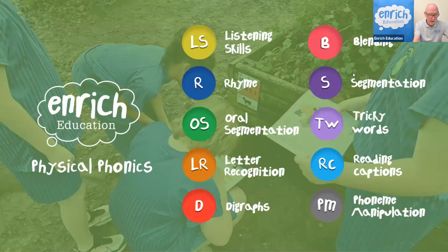So the physical phonics pack covers all of the main phonics skills and knowledge that children need to master, giving children opportunities to practice everything from listening skills to using phonics to read and spell words, phrases, and short sentences. It's divided into the following topics: listening skills, activities to help prepare children for phonics teaching; rhyme, games to help children hear and identify rhyme and to match rhyming words together; oral segmentation, games to help children hear and discriminate